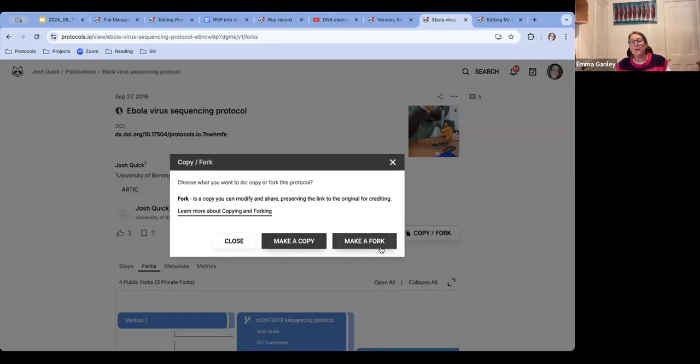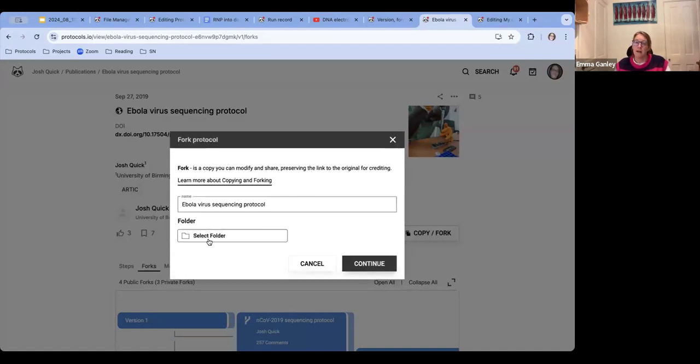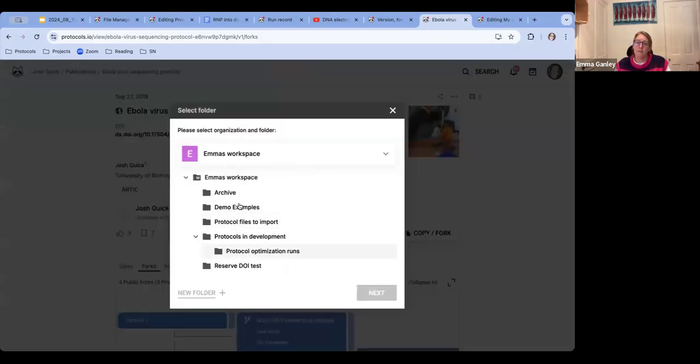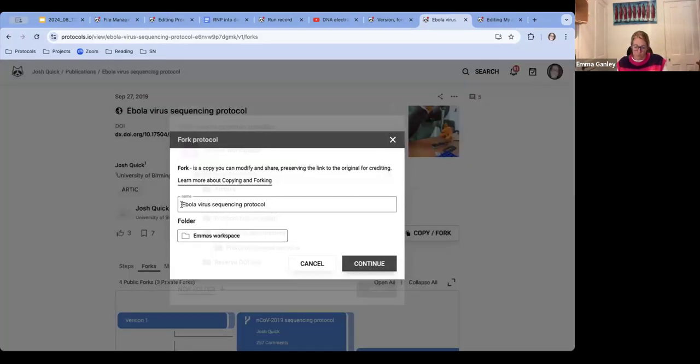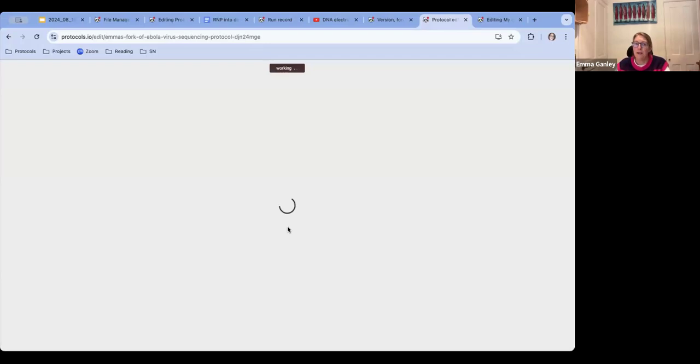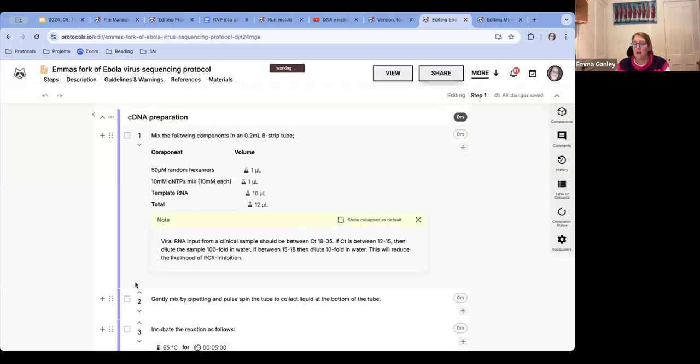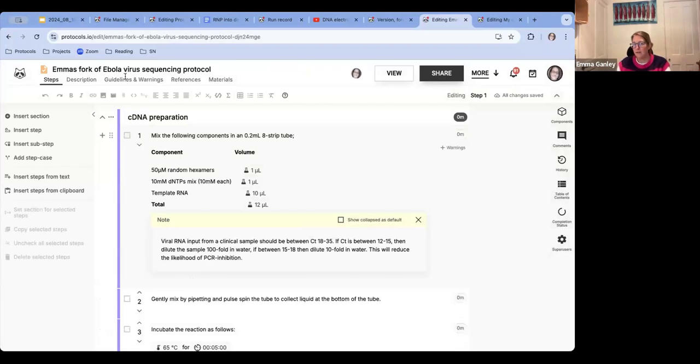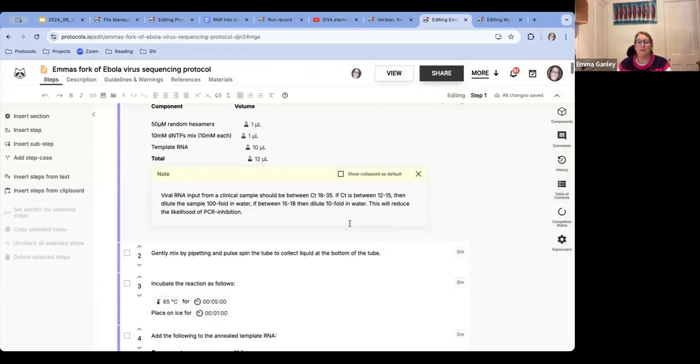It's confusing because I see copying since I have more super user functionality, but you would only see make a fork. I can do that and it will ask me where I want to put it. So we'll just put it into my workspace and call it Emma's fork of, and it will be private anyway, only I will have access right now in my workspace, but it means I can come in, make the changes that I need to, either for another different virus, or